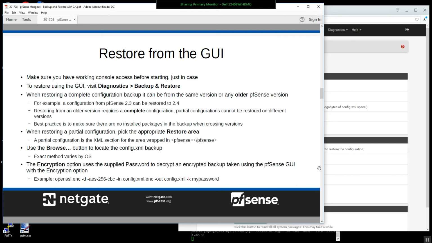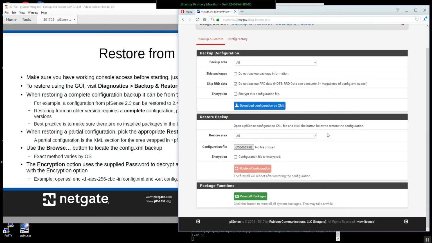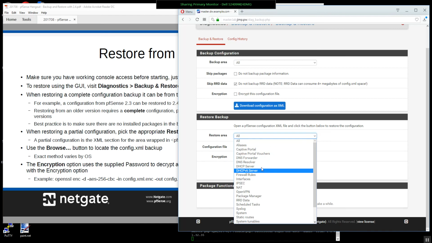Just make sure you've got console access just to be on the safe side, though in most cases you won't need it, especially if you're doing a backup and restore of something that just came from the same firewall, same hardware, everything else. So you just go again to Diagnostics, Backup Restore, to the lower section here where it says Restore. Now, if you backed up a partial configuration, you can pick an area to restore,